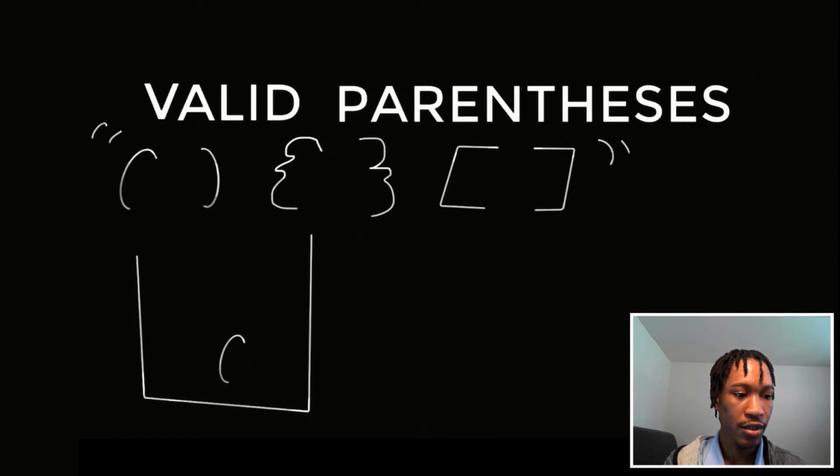And then we get to the second guy right here. This is a closing parenthesis, so we check the last value in the stack. Does it correspond with this guy? Yes, it does. So we remove this guy from the stack, and by removing it, it means we've marked these